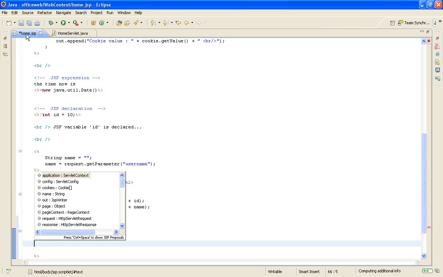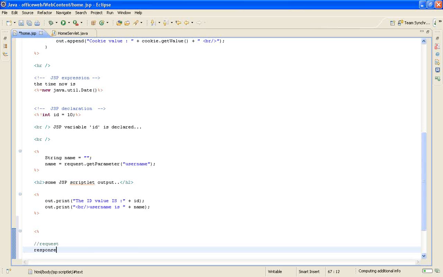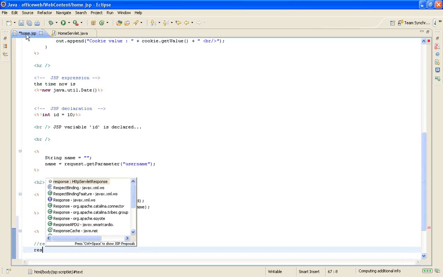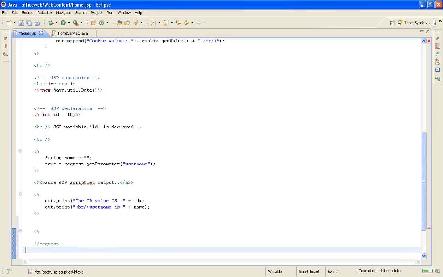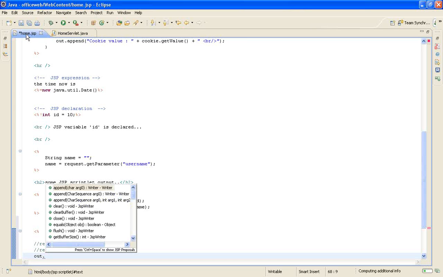Okay. So one you have request, and then I have response. The response object is pretty much available there. And then out. Out is actually the writer object.